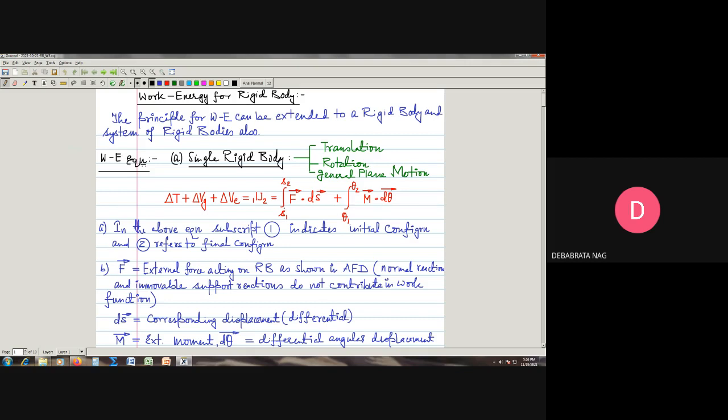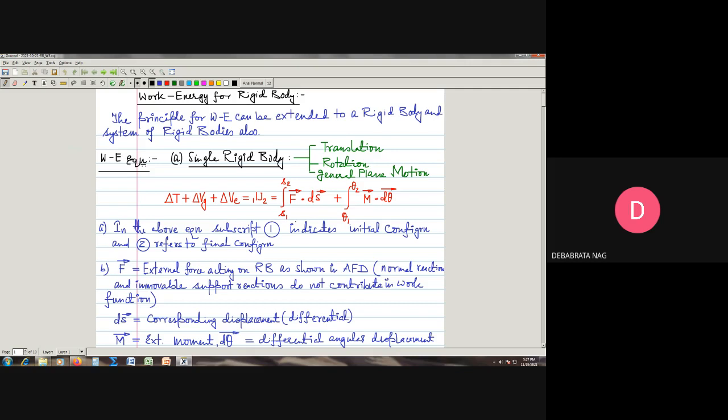So this is how we can write our work energy equation, and the work function can be extended from the concept of the work done by the force to the concept of the work done by the moment. So it is the dot product of these two. In the above equation we need to remember that subscript 1 indicates the initial configuration of the rigid body, and subscript 2 refers to the final configuration